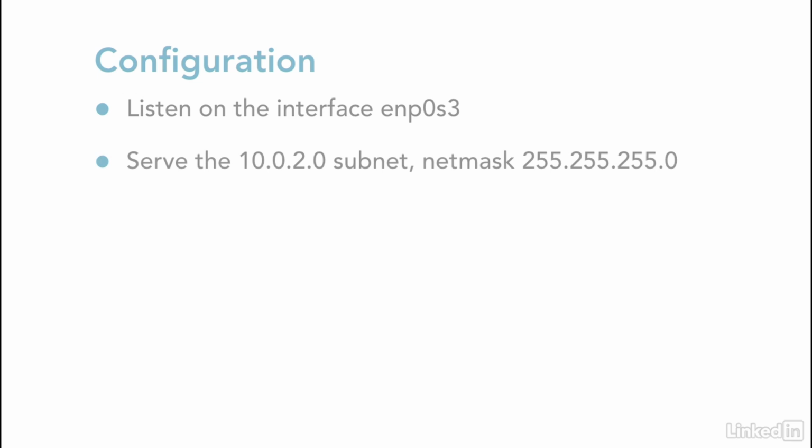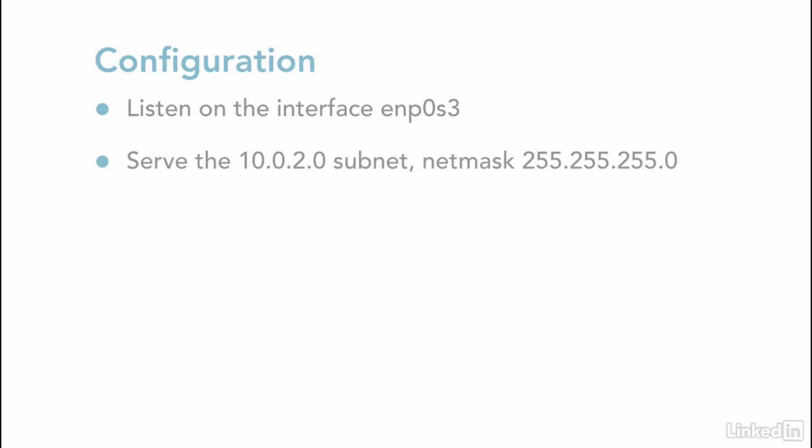So let's take a look at what we want to accomplish. We'll listen on the server's network interface called enp0s3, the Ethernet interface. If your server has more than one network interface, you'll need to determine which of them you want to offer the service on. You can set more than one. And we'll operate on the 10.0.2.0 subnet,